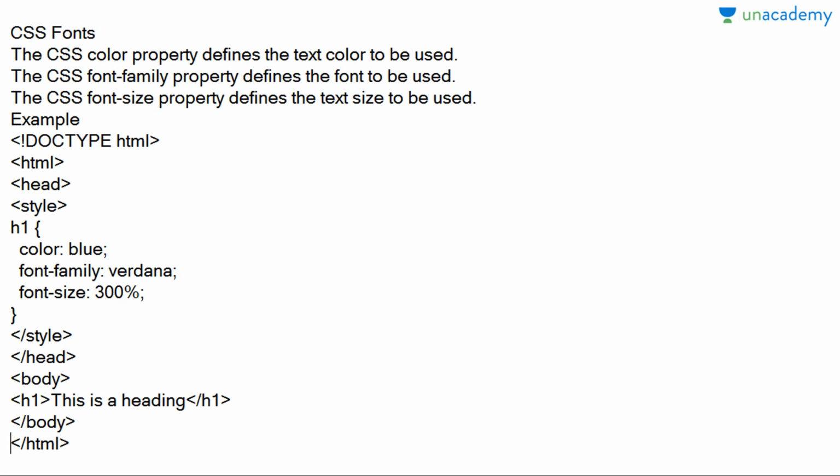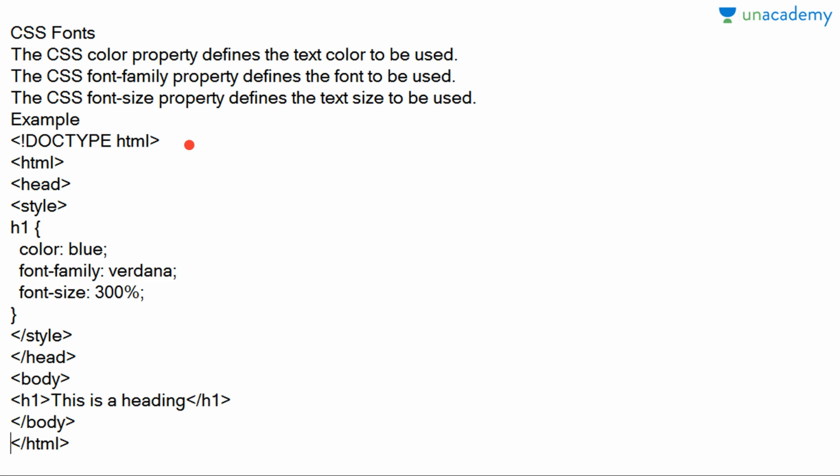Now talking about CSS fonts. The CSS color property defines the text color to be used. The CSS font-family property defines the font to be used. The CSS font-size property defines the text size to be used. These are the various font properties that we can see from the following example: doctype HTML, then HTML tag,